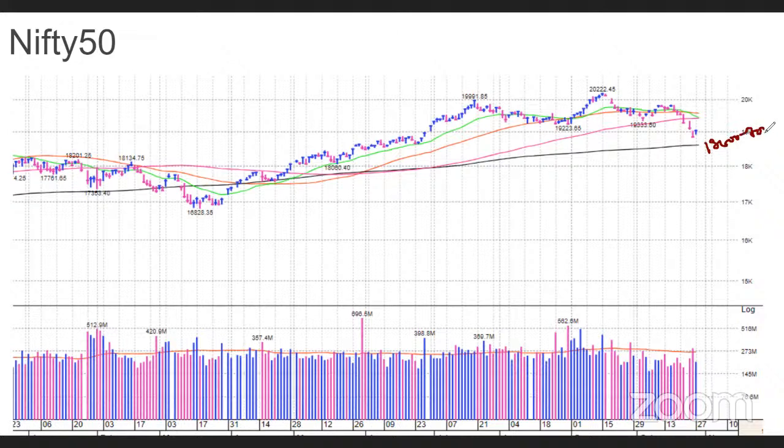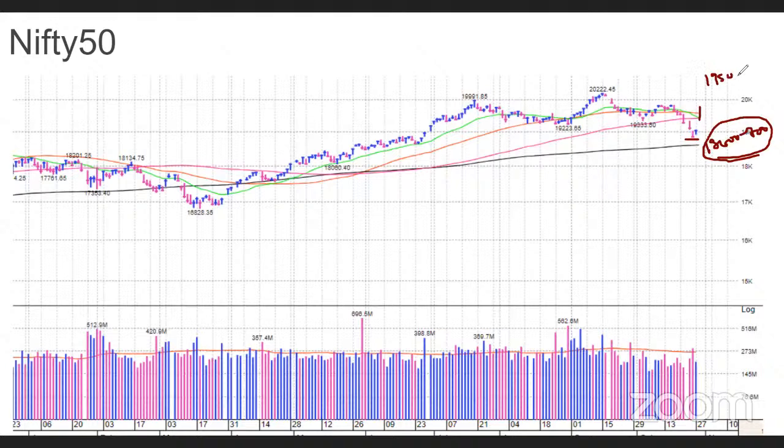So 18,600-18,700 is a very crucial zone for the Nifty, and before that the Thursday's low. So these are the two levels to watch this week on the downside. Okay, so on the higher side, what becomes important is that once you hold for a couple of days above this low, you look for a follow through day. बड़ा move आना चाहिए, 1.5% on a volume higher than the previous session. Then you might look for a 21 DMA reclaim, 50 DMA reclaim, और जो important है कि 19,500-600 वाला